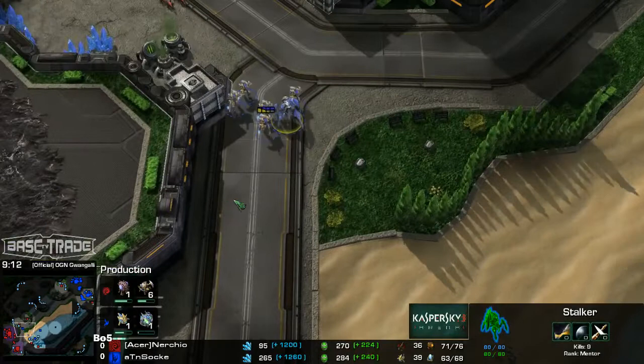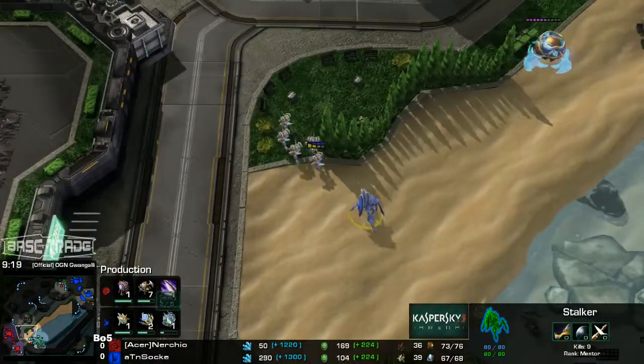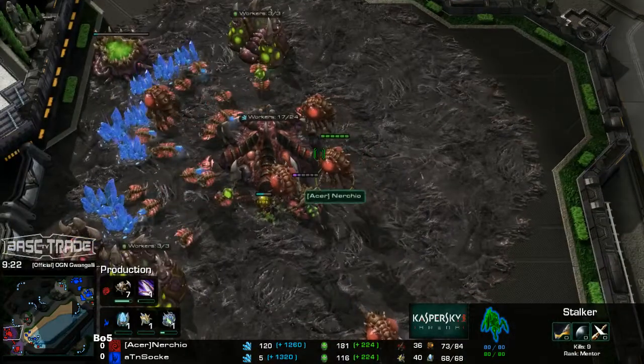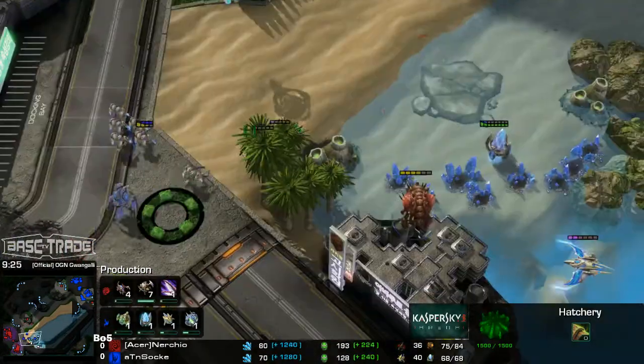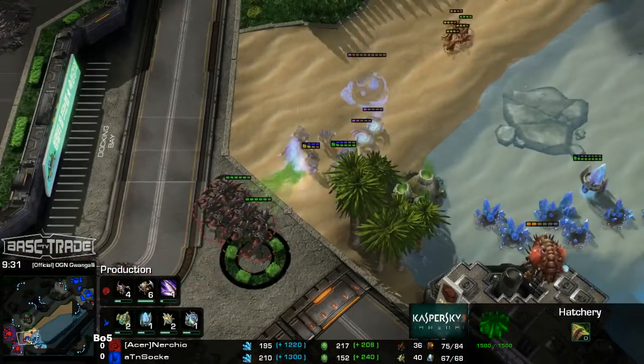He did see the Phoenix, by the way, guys. An Oracle follow-up. That's interesting. You know what? I can dig this. He knows Nerchio's not going to have anti-air defense because he spent so much time dedicating to his ground attack. If Nerchio even makes a Spore Crawler, it's kind of a loss, but...